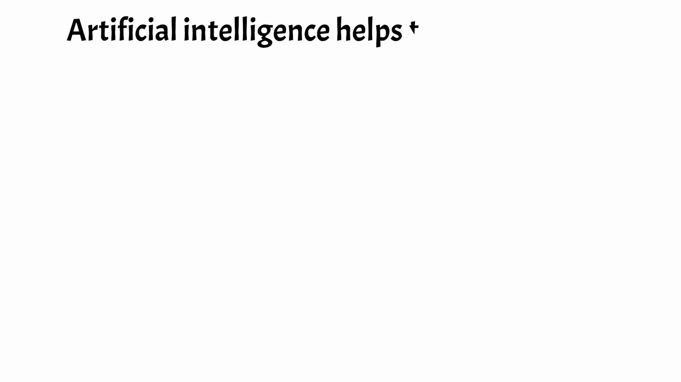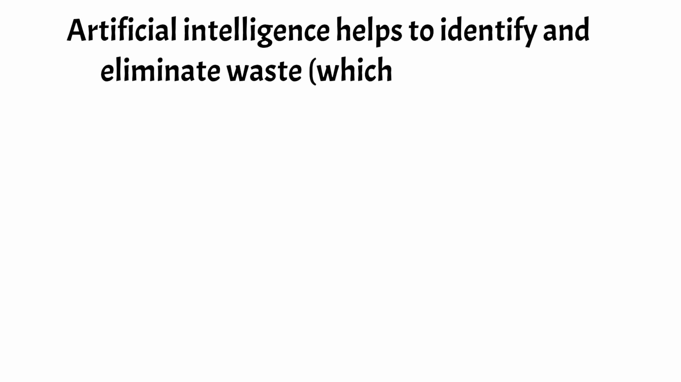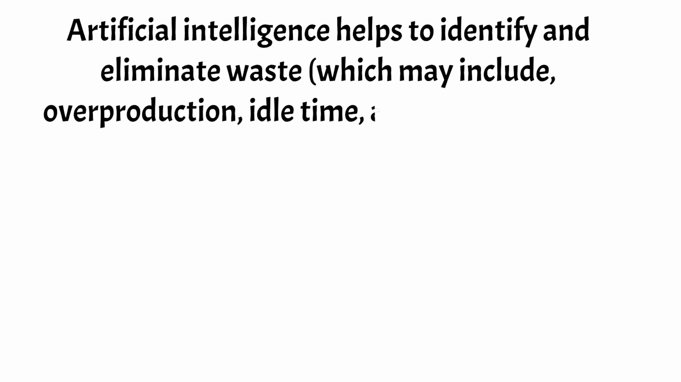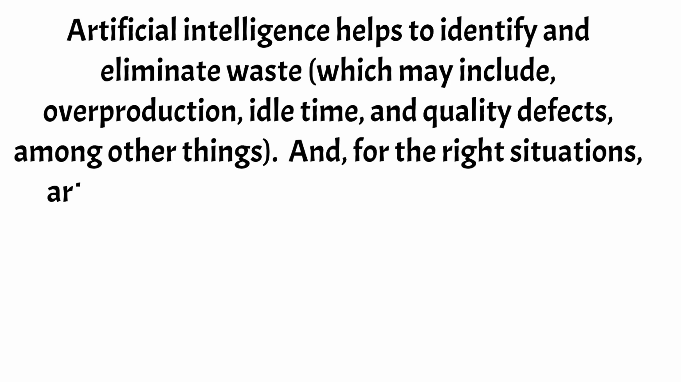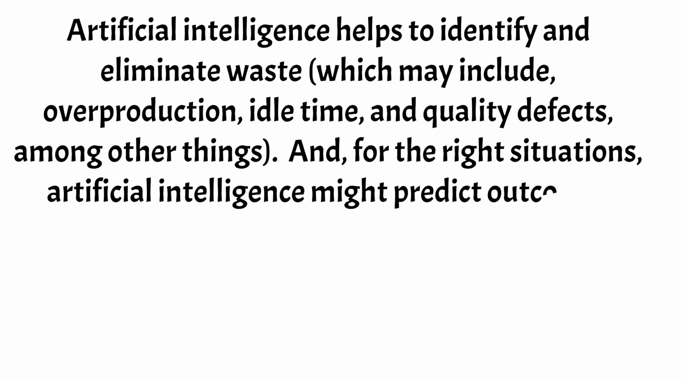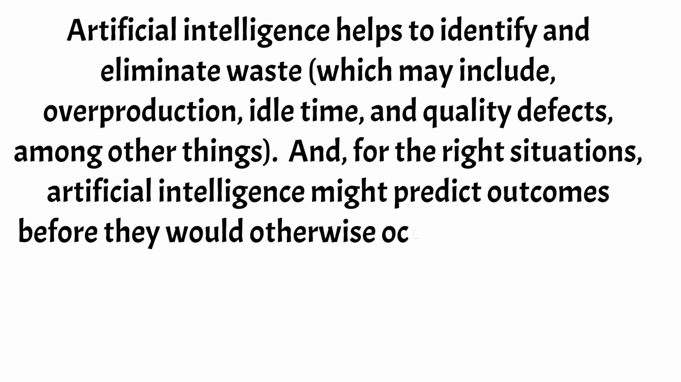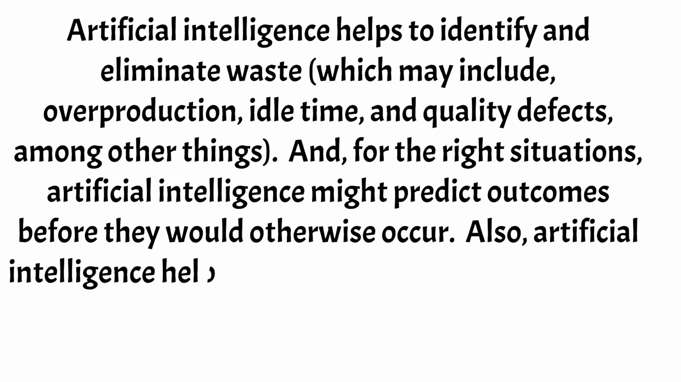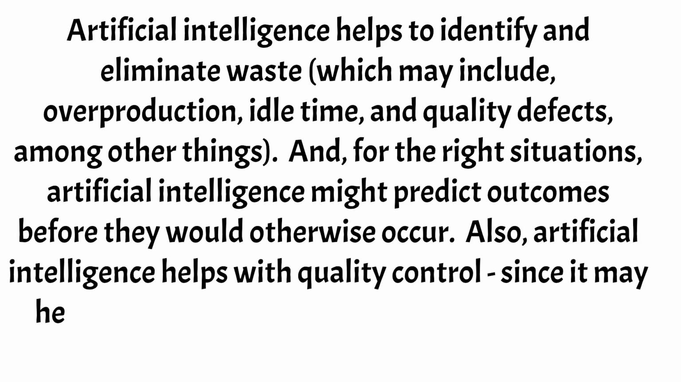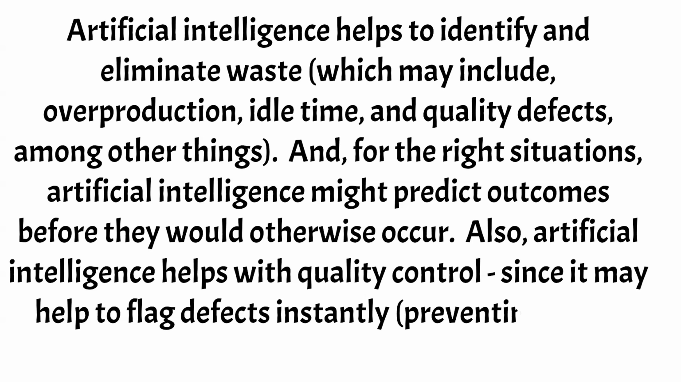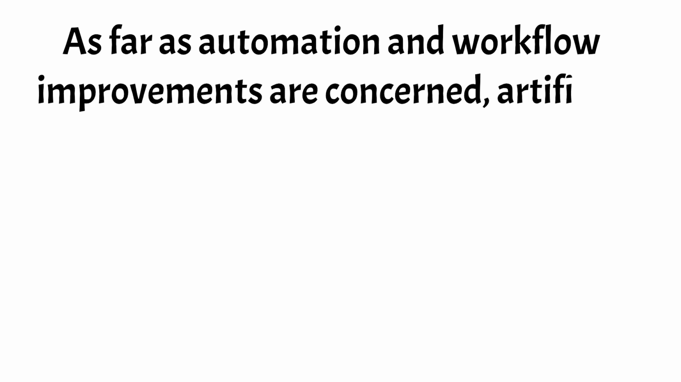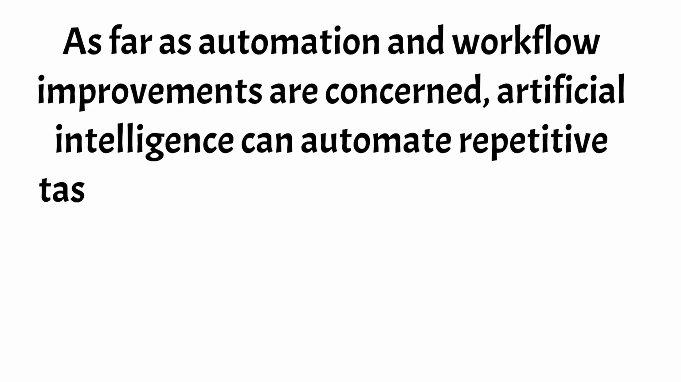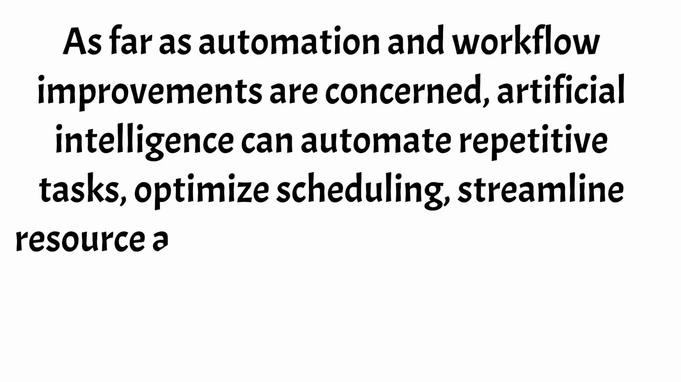Artificial intelligence helps to identify and eliminate waste, which may include overproduction, idle time, and quality defects, among other things. And, for the right situations, artificial intelligence might predict outcomes before they would otherwise occur. Also, artificial intelligence helps with quality control, since it may help to flag defects instantly, preventing costly rework and unnecessary delays. As far as automation and workflow improvements are concerned, artificial intelligence can automate repetitive tasks, optimize scheduling, streamline resource